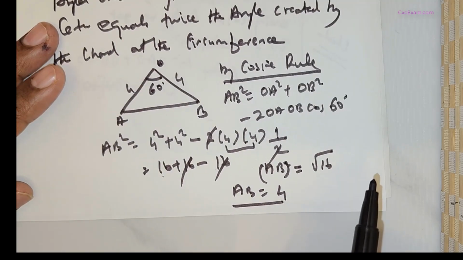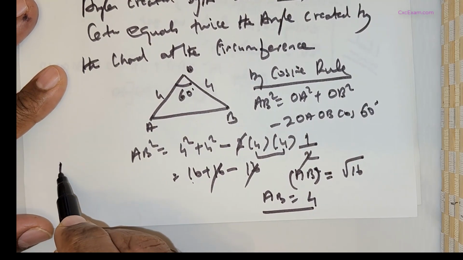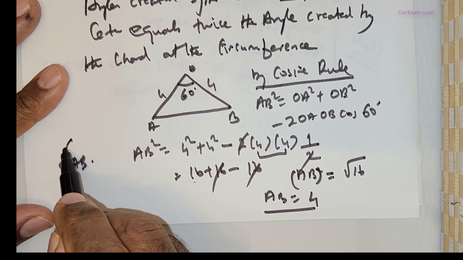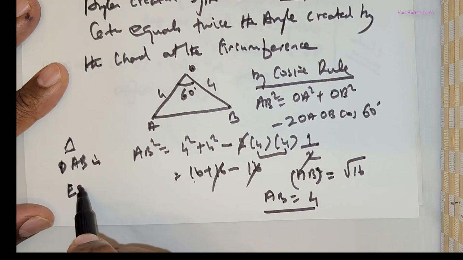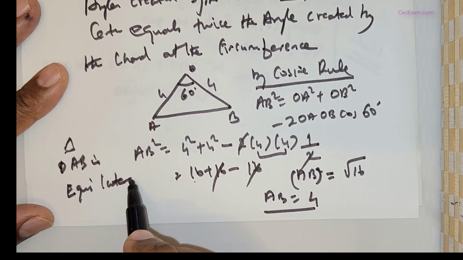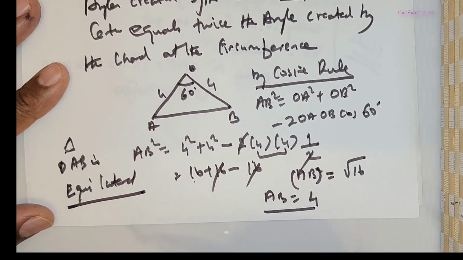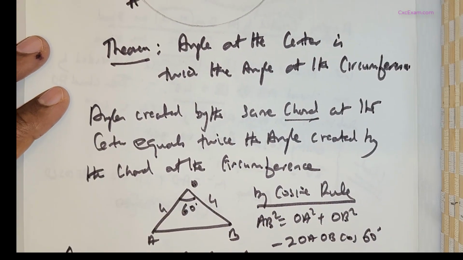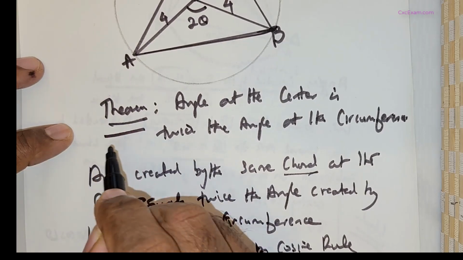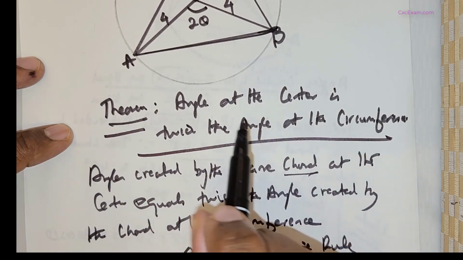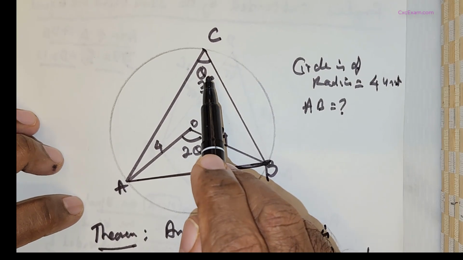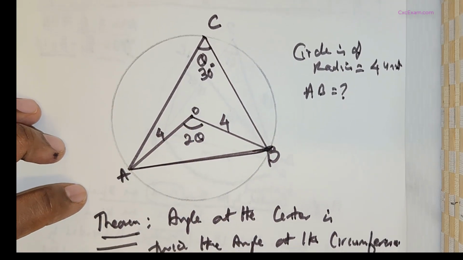This tells us that we are dealing with an equilateral triangle. So triangle OAB is equilateral. Right. So that is all about it. But the important concept that we have to learn here is that the angle created at the center is twice the angle created at the circumference. So that's the end of